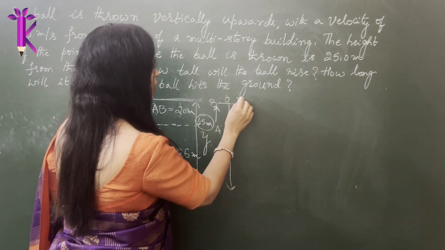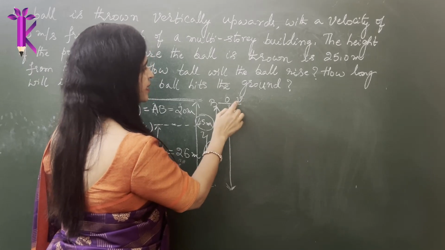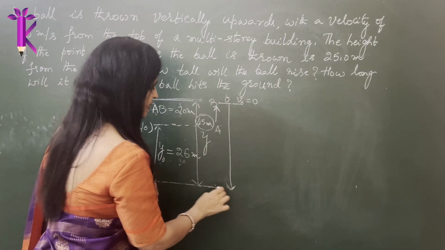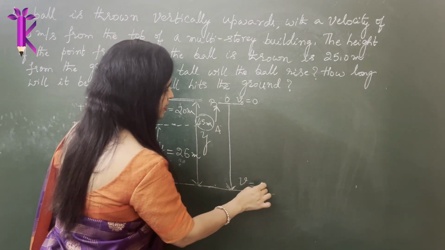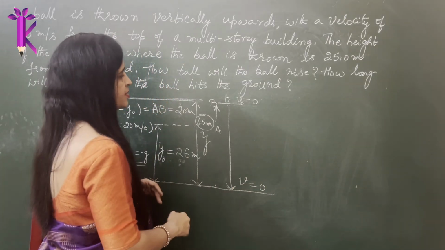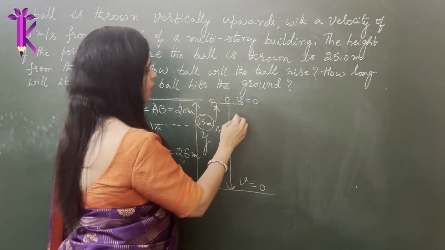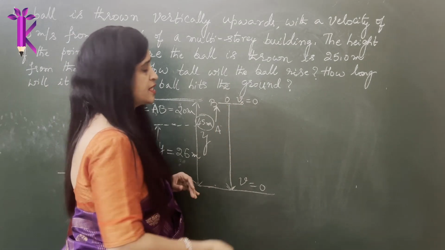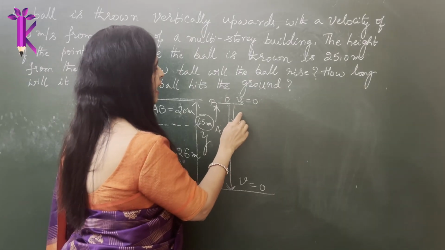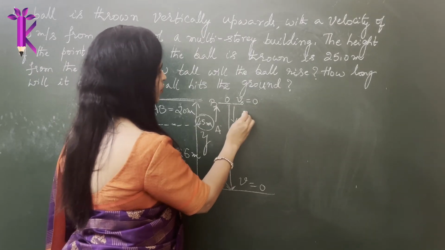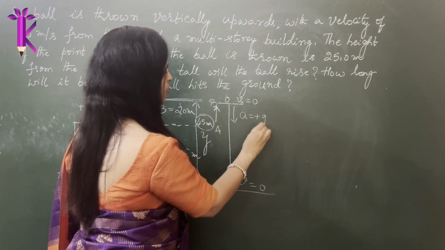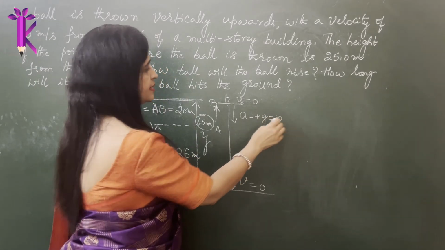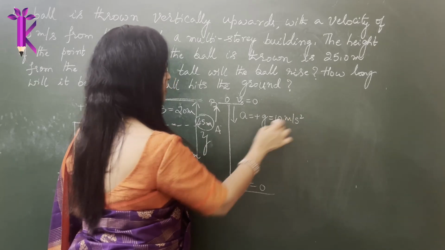Since this is where it is starting its journey, we will assume this value to be v naught. What will be the final velocity when it reaches the ground? It is definitely not going to be 0 when it reaches the ground, right? Before it reaches the ground, it will hit with a greater speed because acceleration is pulling downward. The motion as well as the acceleration are both in the downward direction. So a will be taken as positive here. It will be plus 10 meters per second squared. Please remember this point.